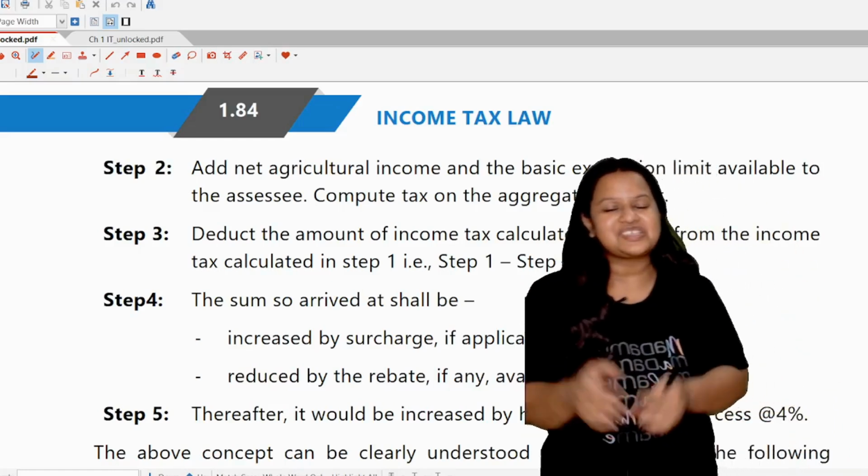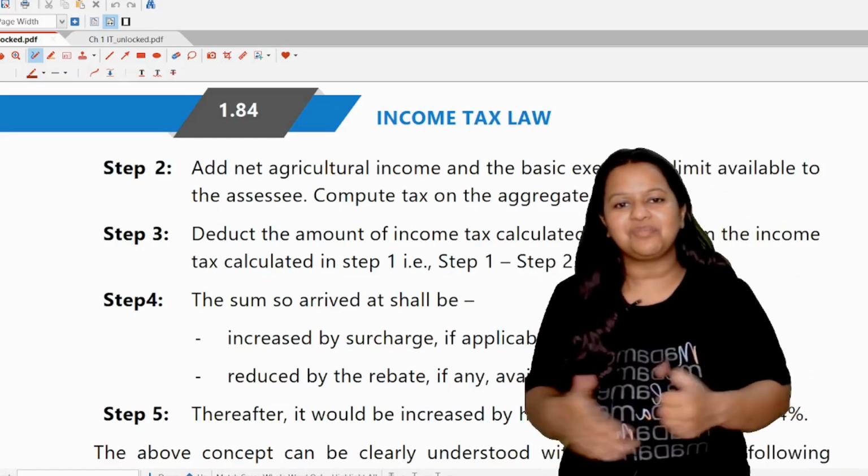So hello my dear students, today we are going to start our next illustration of chapter number 1, that is